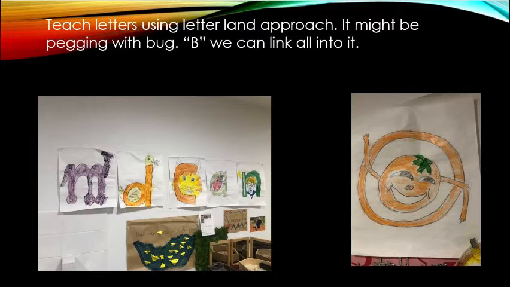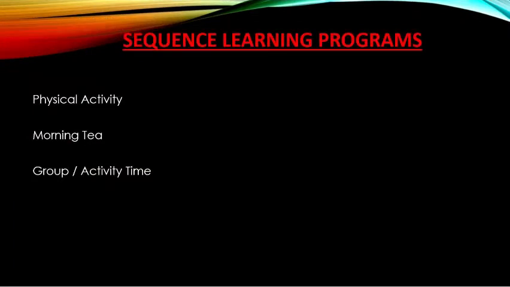For another example, it is important for children to go out and run when they come in the morning, to make their muscles and brain active. Then it's important for them to eat. That's why they have morning tea after exploring outside. When they have been physically active and have eaten, they can come inside and concentrate on the activities. This example is for sequence of learning.